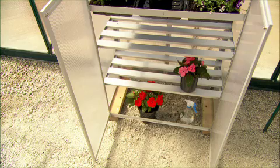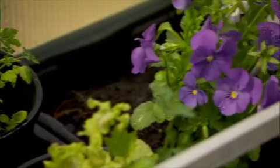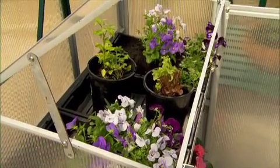Now, some people might think that greenhouses are only for people with lots of space, but the specialists at Sproutwell have sizes to suit all backyards and budgets. If you're a beginner or a hobbyist, you might like to start with a mini greenhouse, which has lots of seed trays for propagation and shelving for larger pots or trays of herbs. It's freestanding and doesn't take up much space, so you can put it on a deck or against a shed